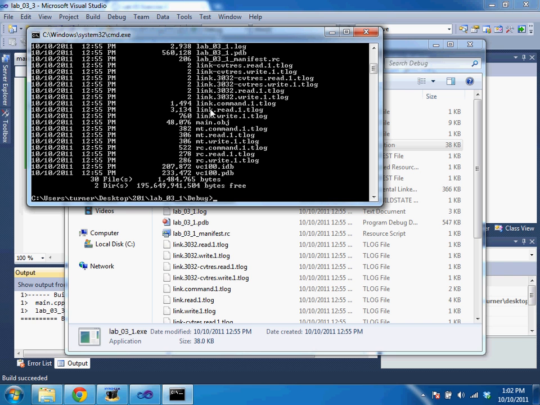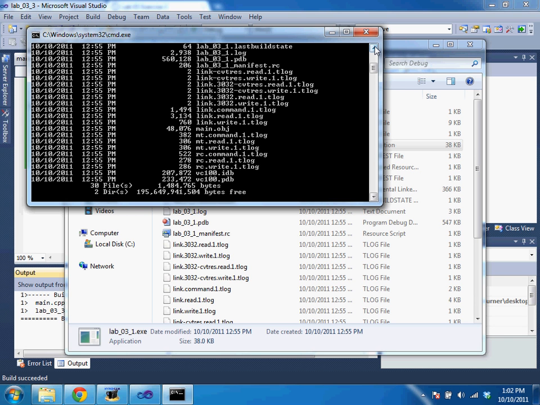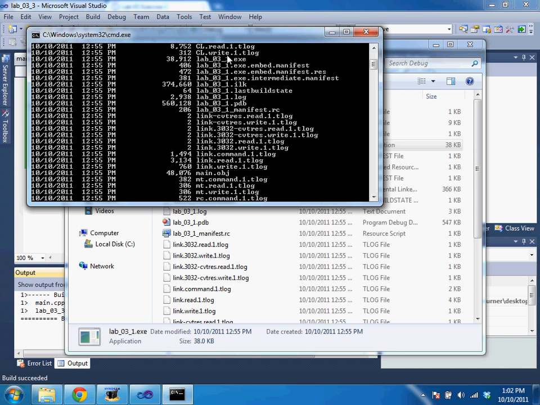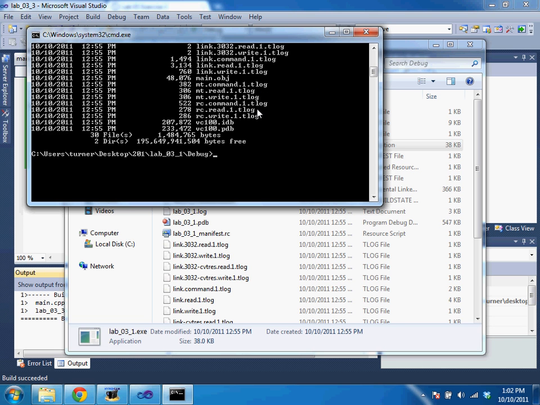Where is it? It's lab03.exe. Look at all the other things, .exe, .intermediate, manifest, all this other stuff in there. So all of these are temporary files that Visual Studio generates just for it to do its work. But we're not concerned about those. So if we run this,